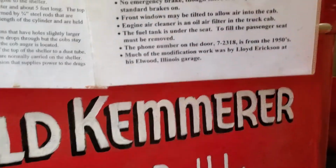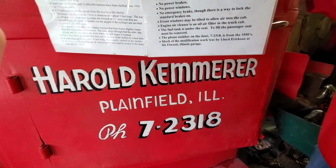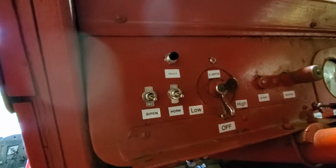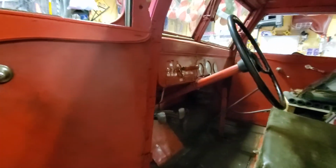Plainfield, Illinois, Harold Kimmer. If my phone person will put the phone inside the cab and look down, you'll see inside the cab that I added switches, siren horn, and in small words or characters, Godzilla. So this is how I'm going to operate the horns, whether parade or if we